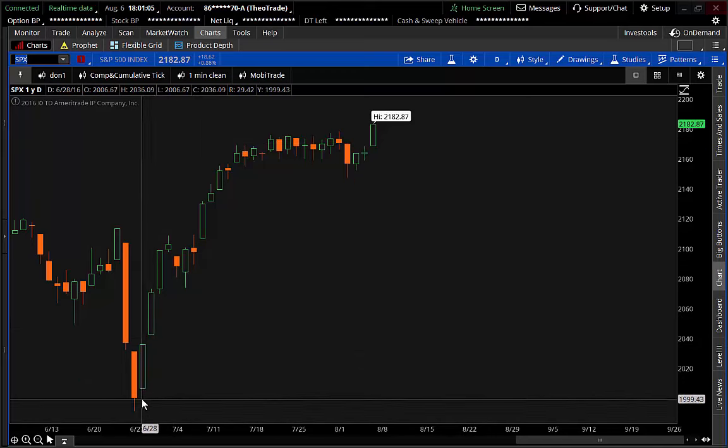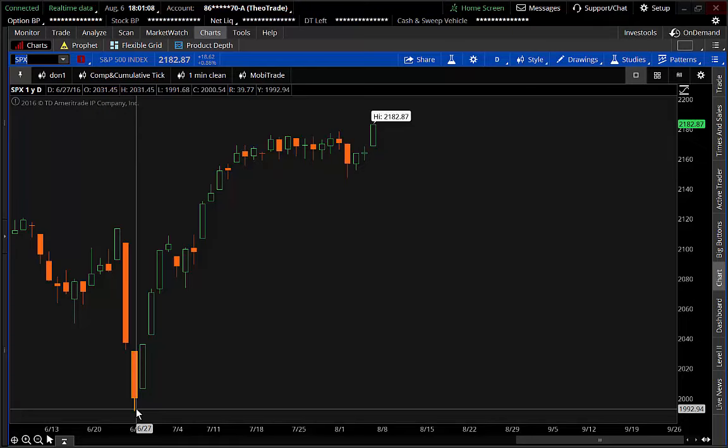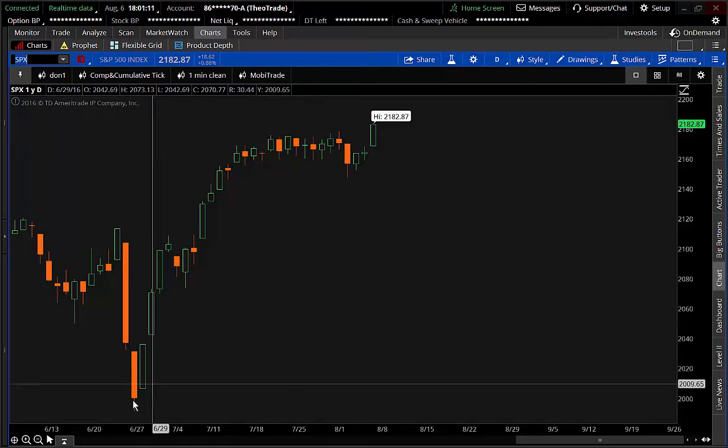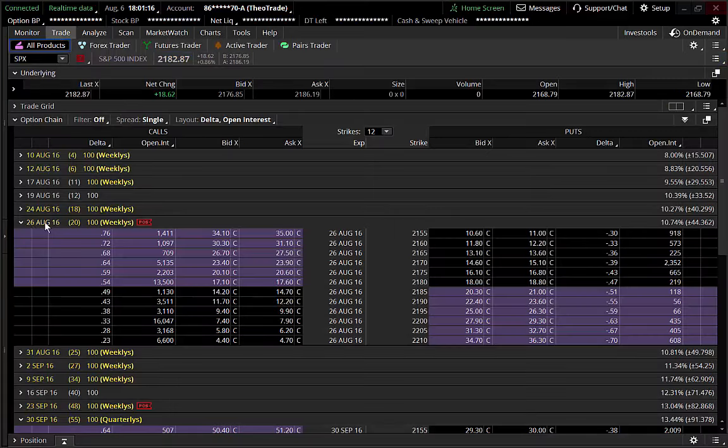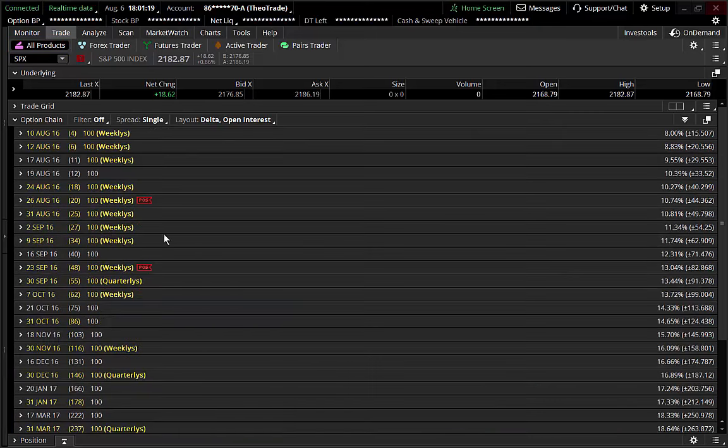This kind of a move in the SPX, almost 200 points down to the bottom over here, if you go over to thinkorswim's trade tab and look at something called expected move, something we talk about all the time, how long does it typically take for a 200-point move to occur? This is where you're all the way out here in, what, a 150-day time window before you start seeing expected moves exceeding or in and around 200 points.